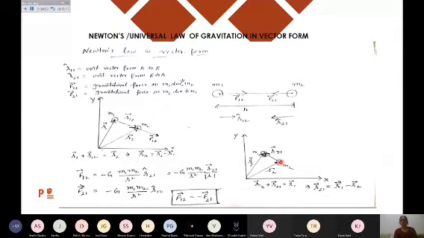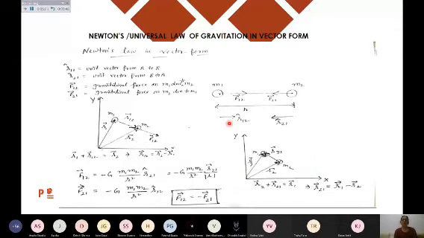Closing side of the triangle, I can write R2 plus R21 is equal to R1. Or I can write R21 is equal to R1 minus R2. So if in a numerical you have to write the value of R12 or R21, then whatever naming you give, you can always calculate the value of the displacement vector and solve the numerical. This I have simply written for that purpose.